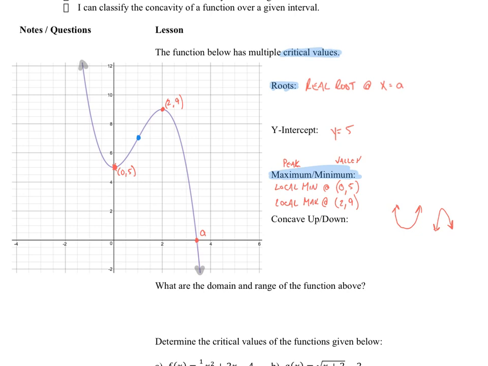So what I'm going to say is that my function is concave up all the way until we get to there, right? And everywhere in this direction, it's also going to be concave up. And then after that point, from that point on, it's concave down forever. So we're going to make a statement about that interval. What we're really saying is that the x values, when it's concave up,